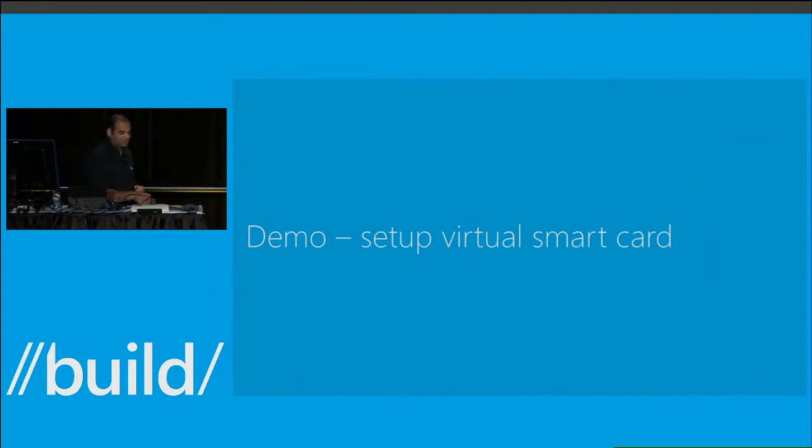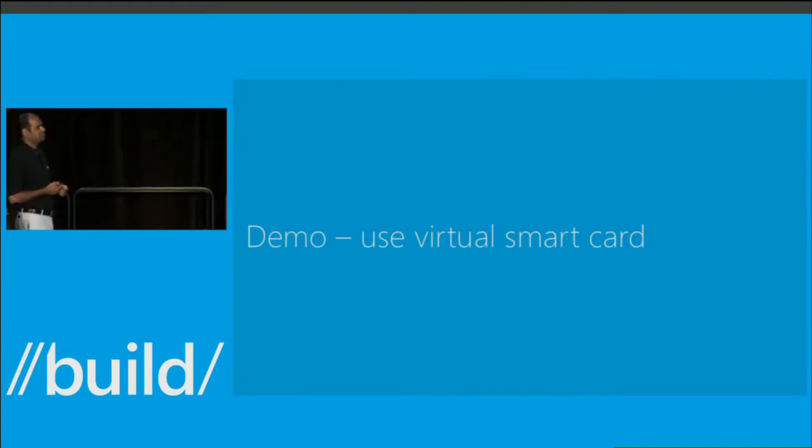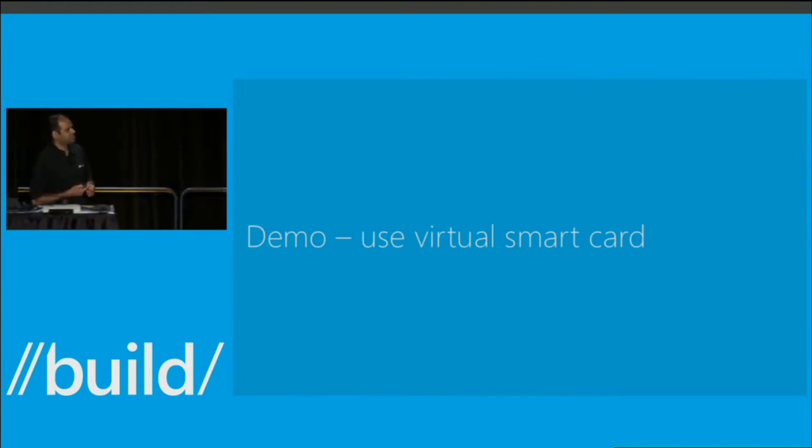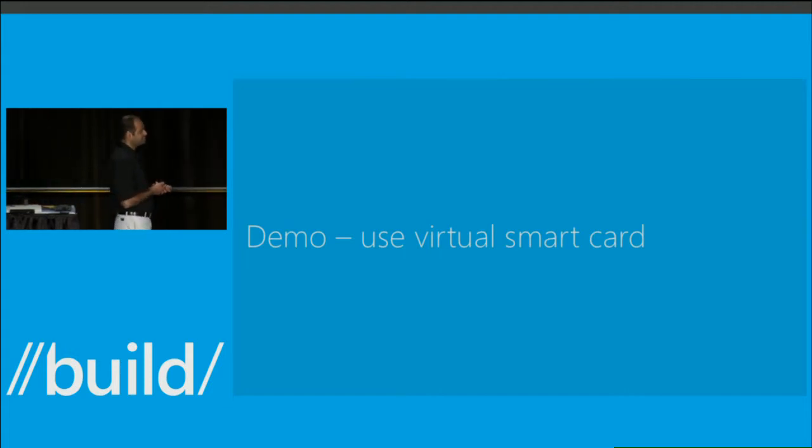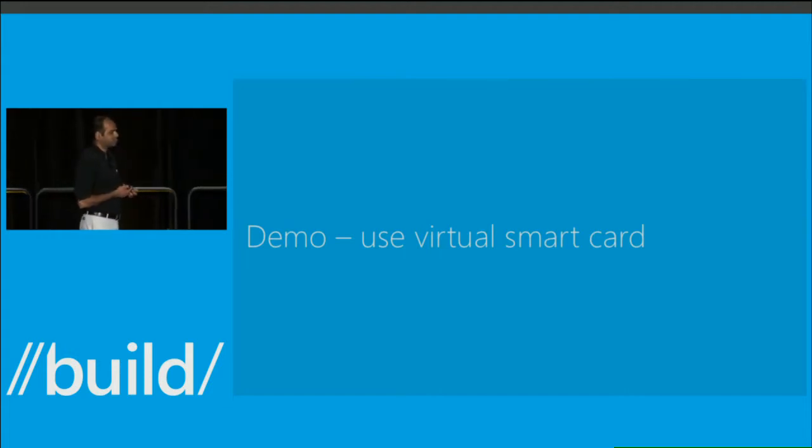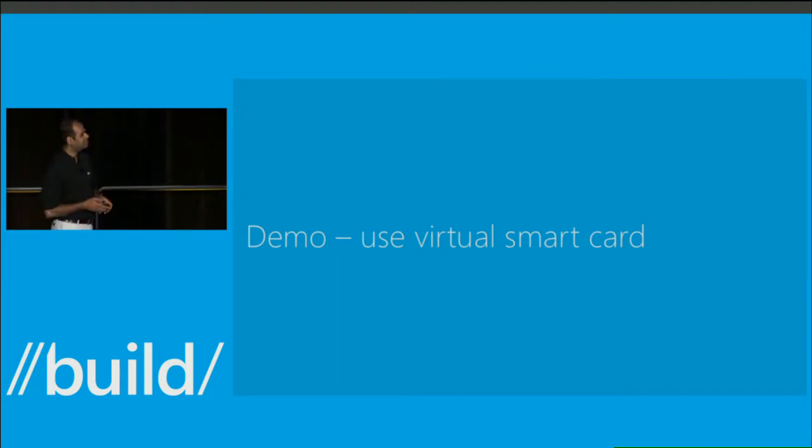So the next part of my demo, so we've created a virtual smart card. I'm going to show you some uses of it. So I'm going to show you 2 use cases. One is connecting to a remote CorpNet using this new feature in Windows 8.1 called App Triggered VPN. This is where you can have certain apps that can be configured so that when the user launches those apps, the user is prompted to connect the VPN. So if the user hasn't established a connection before, the app can cause a trigger to appear, and then the user can then connect through VPN. So